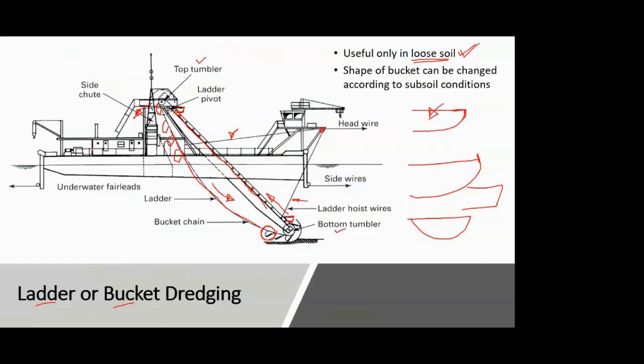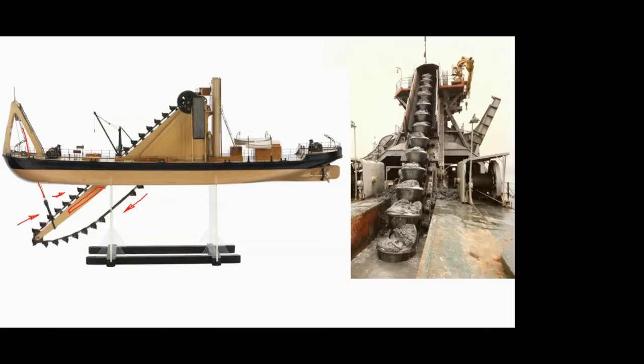And then in ladder or bucket type, we had seen that you have a series of buckets which are arranged on a conveyor belt kind of assembly, but that conveyor belt is continuously rotating in a loop, and then merely by giving speed or motion to that bucket, we are scraping the surface of the bed, and then we are collecting the material. So these are the two types. So we'll stop here for today.